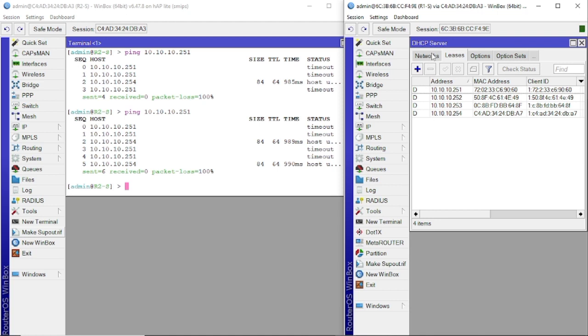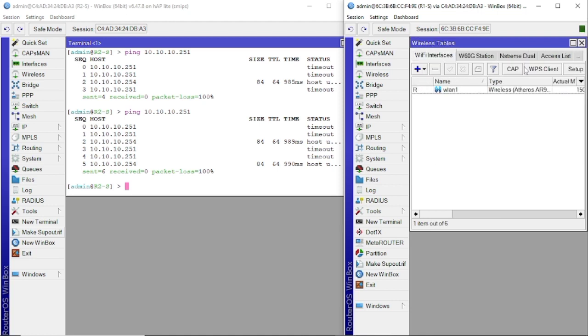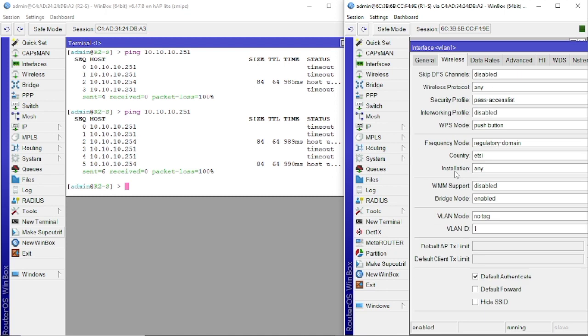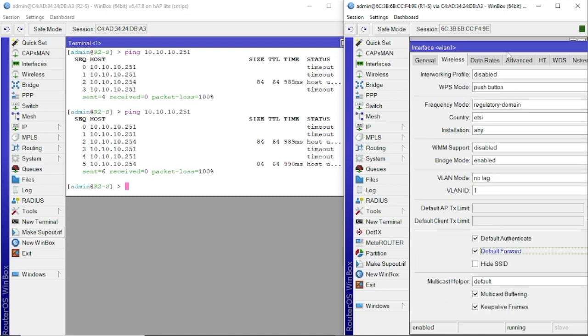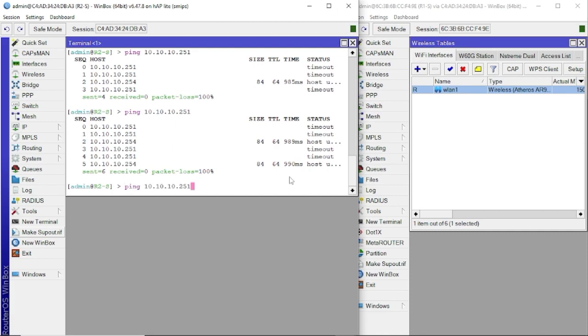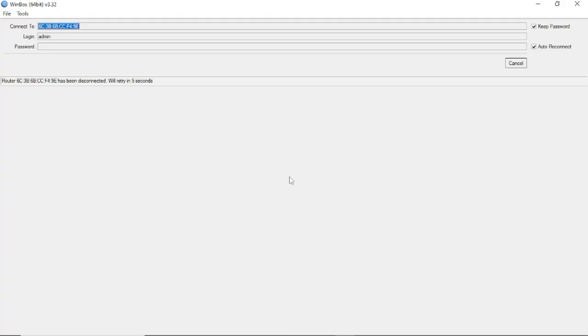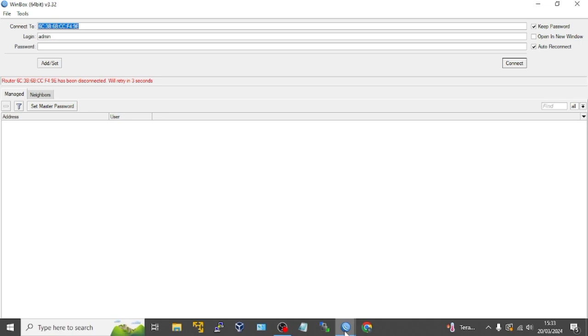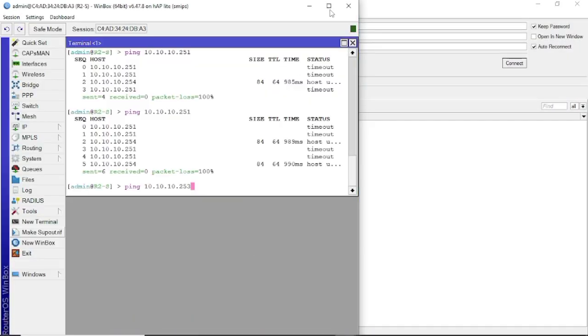Then I will try checking the default forward router 1 option again with the following command. OK, here it's disconnected, then we'll reconnect.